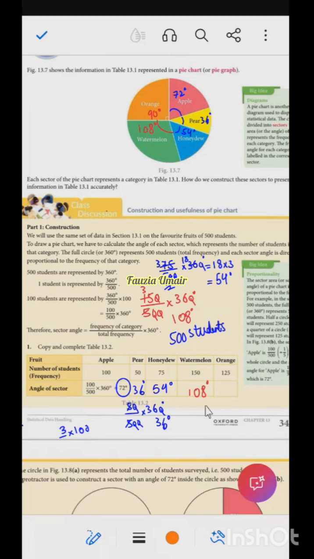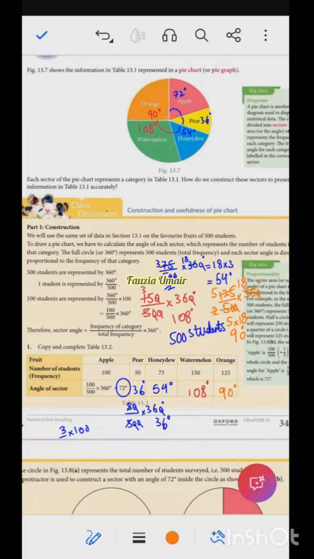We can say that for orange, it is 125 students out of 500 who liked orange. We will multiply it with 360 because we are converting it into angle. So we can cut this 0 and then 25 2s are 50, 25 5s are 125. Now this 2 can be cancelled with 18 and we are left with 5 and 18. So 8 5s are 40, 4 carry, 5 1s are 5 and 4 is 9, so 90 degree. So you can verify like this also, right? So this is how you convert